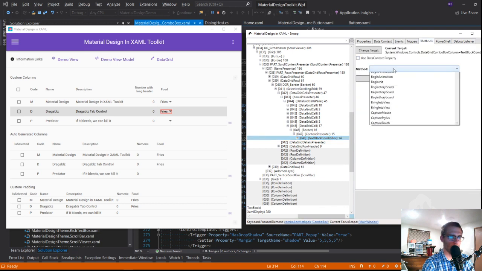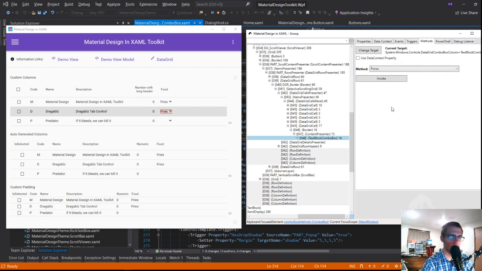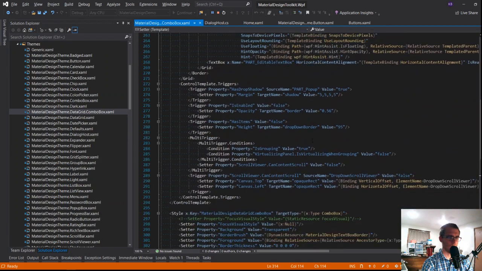methods, sure. I really just want the focus method. Invoke. So if I come over here now and hit spacebar, interesting. So even though I invoke this, that moves back as soon as I switch. Okay. So basically, I think the problem is that we need to get keyboard focus to move inside.